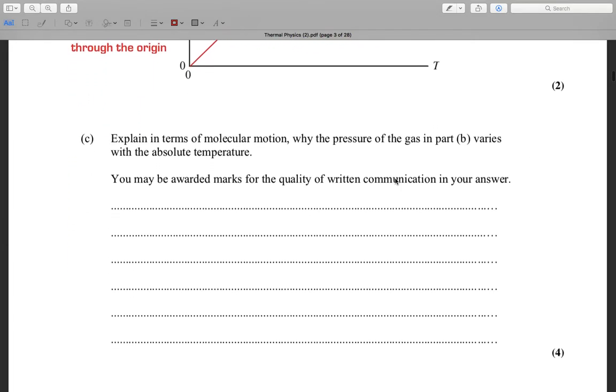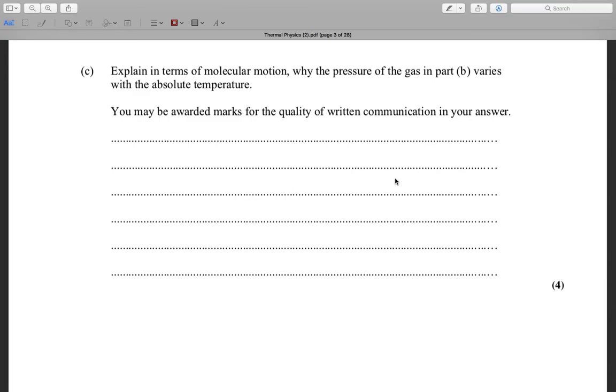Okay, now question C. Explain, in terms of intermolecular motion, why the pressure of the gas in part B varies with absolute temperature. You may be awarded marks for the quality of written communication in your answer. The first point is about average kinetic energy. Average kinetic energy or speed of the molecule increases